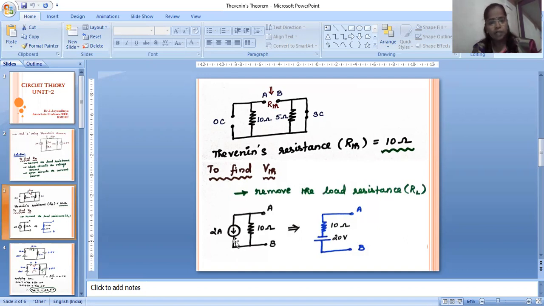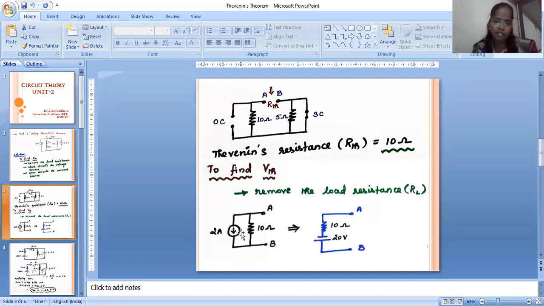You see the direction of the current source, there is a downward direction: tail end and arrow end. The tail end shows the negative polarity. The arrow end indicates positive polarity. So that is the polarity I indicated here. Then this resistance is connected in series with this battery. So in this way, we convert the current source into a voltage source.